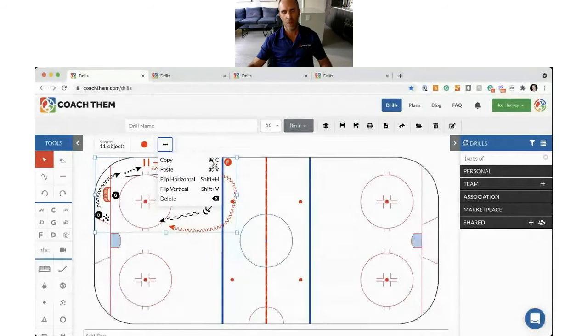Now it has copy, paste, flip horizontal, flip vertical, and delete. And if you could see over here, there is a Command C. Well, I'm on a Mac, so I have Command, but on Windows, it is Control.